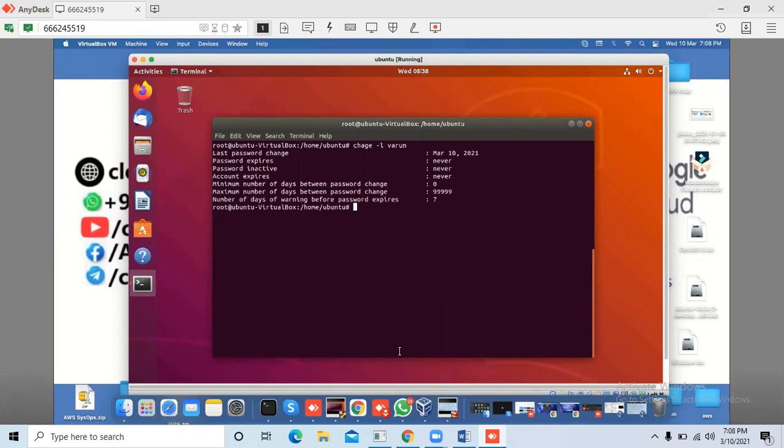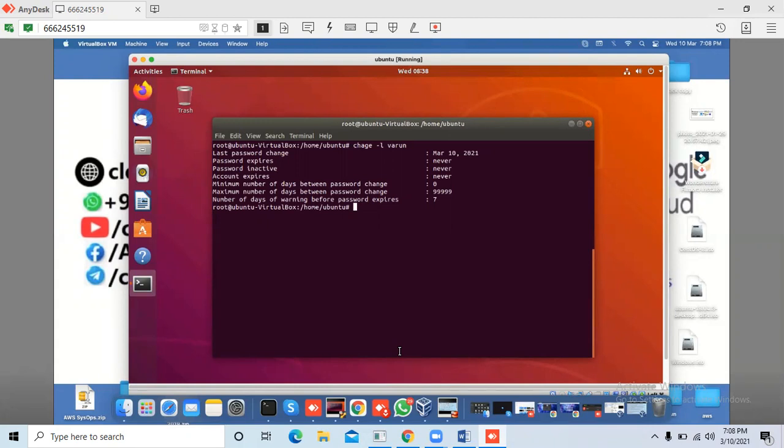So these are the 7 fields. Number of days of warning before password expires: when I set it to 7, that means it warns me that my password is going to expire.